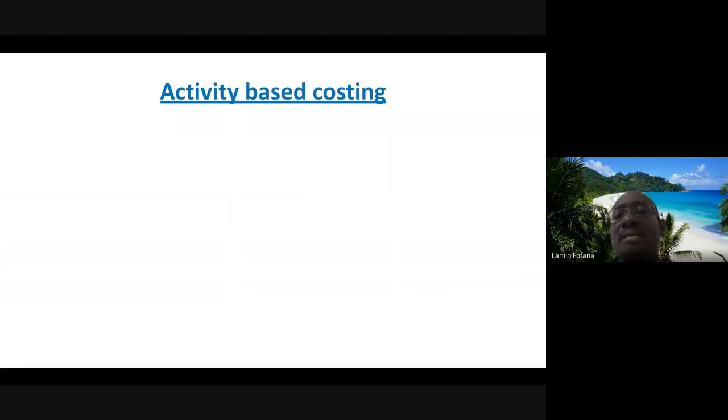These are the ones that we are interested in knowing their cost. So the ABC philosophy of treating overheads is with the belief that every cost object, the cost objects being the products and the services,